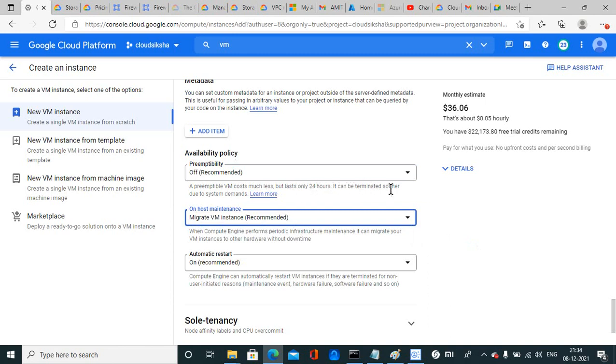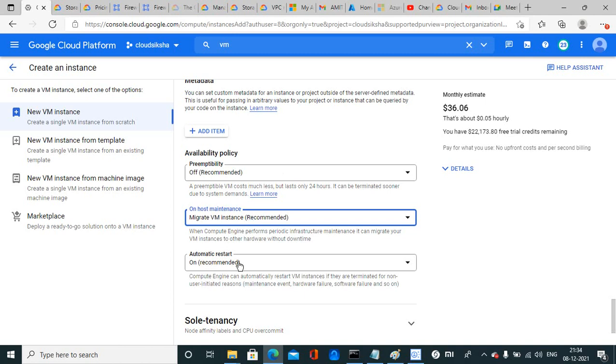It can be terminated sooner due to system demands. Means whenever any other system requires the VM, it will get terminated and the resources will be allocated to another VM. Once you click on learn more, it will give you the page from where you can learn more about the preemptible VM.